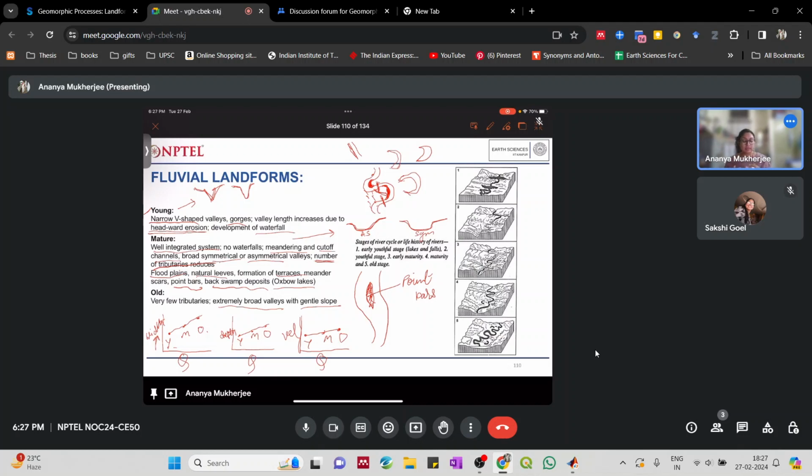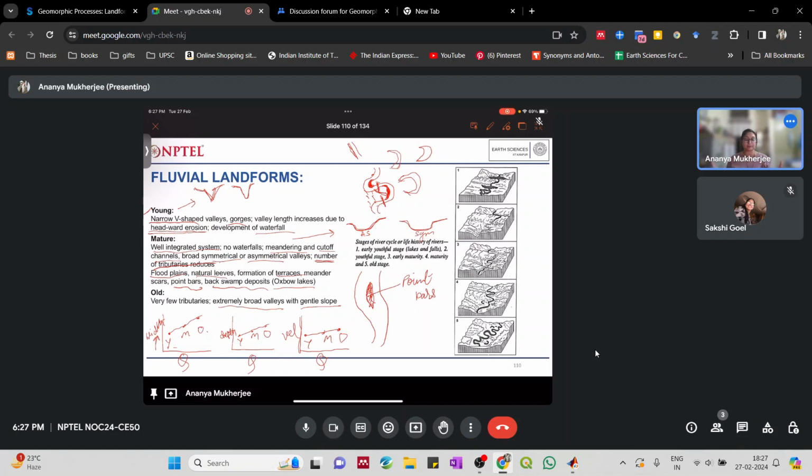So as the discharge increases when we go downstream, the width of the channel, the depth of the channel, as well as the velocity with which the water is flowing in the channel have to increase. So that is why it is possible for